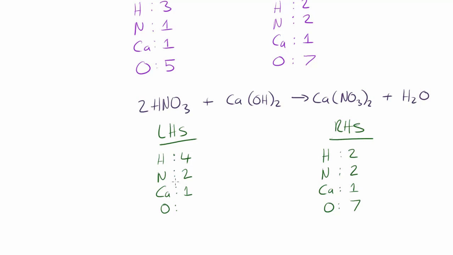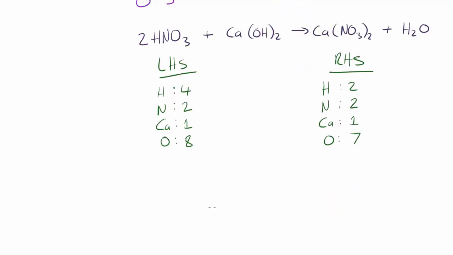However, for oxygen, we have 2 oxygens over here, right, from the Ca(OH)₂. Now for HNO₃, we're going to have to do 3 times 2, right? So that's going to be 6. So we're going to have to do 6 plus the 2 from here, which is going to be 8, okay? And yeah, so as you can see, now we've got a balance between the nitrogen and a balance between the calcium,